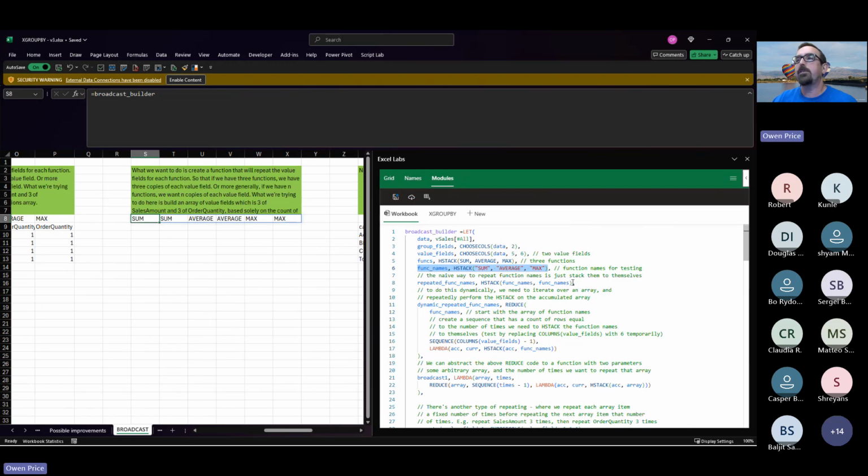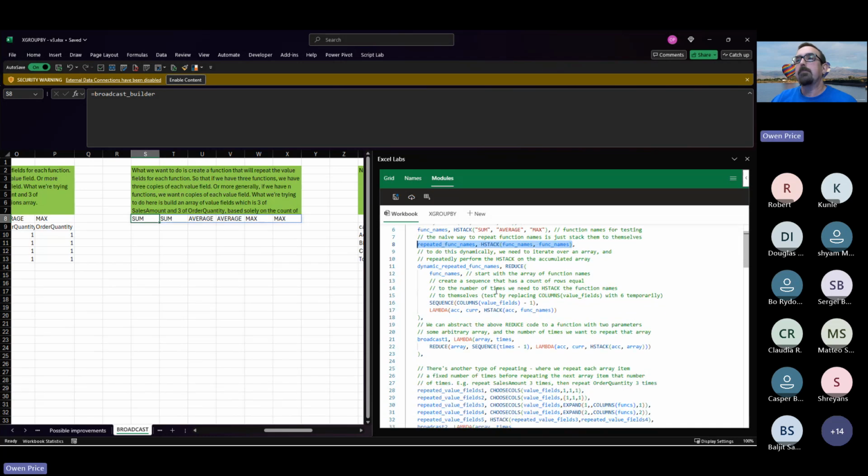Okay, so the naive way to do it that we've seen is to repeat the function names using hstack. But that's not scalable because you don't know how many times you would need to apply hstack until the function is called. So you can't really hard code it that way, but that is the principle of what the code will produce. Now this is something I've called dynamic repeated function names, which is a way of building this hstack